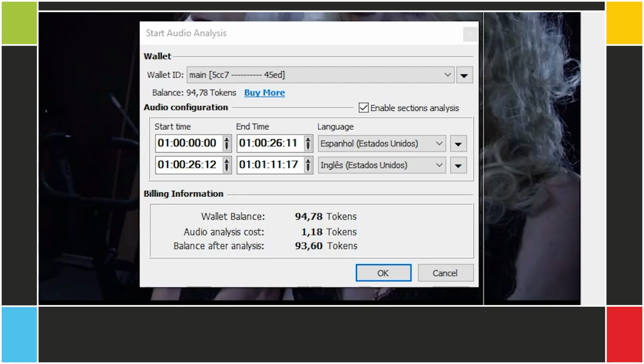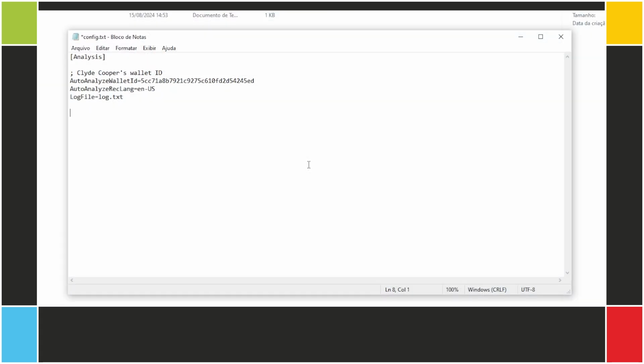As we mentioned before, we also have the option of transcribing just a section of a video, or maybe a few different sections, maybe in different languages. Before we do that, though, a word of warning. For the purposes of the command line audio analysis, we cannot set a custom start timecode. That means that one of two things will happen.